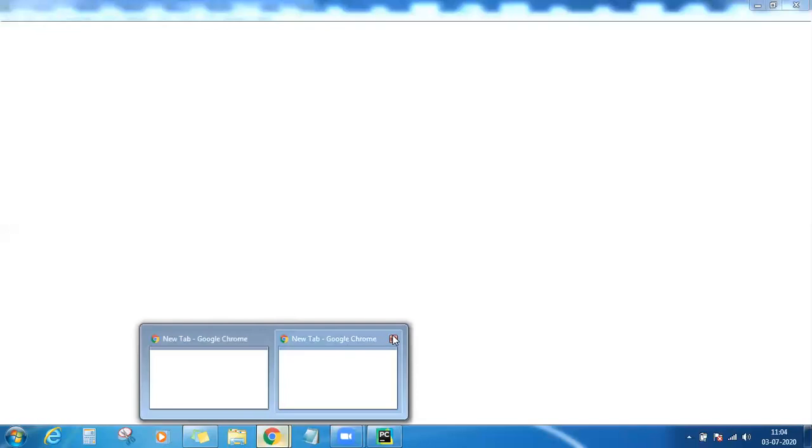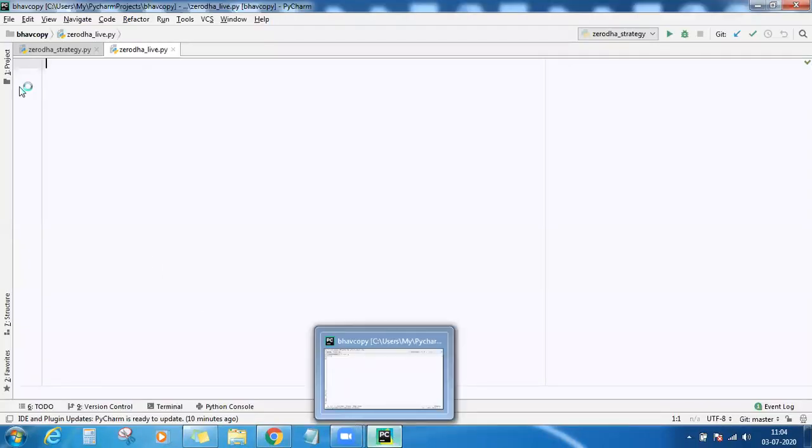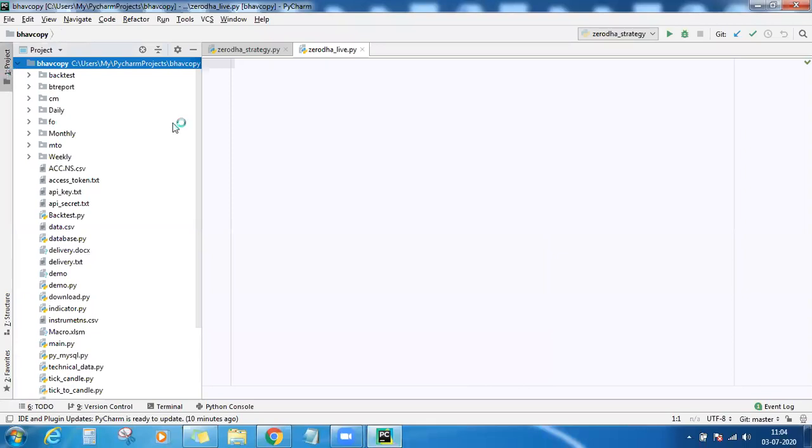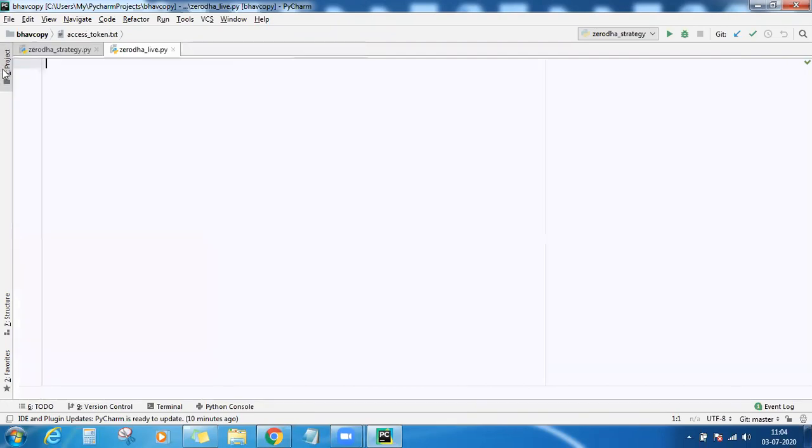After logging in, you will be grabbing the API key and the API secret key from there, and you'll need to store them in a text file. In whichever directory your project is, you will store the API key, the API secret key, and an empty notepad needs to be made for storing the access token.